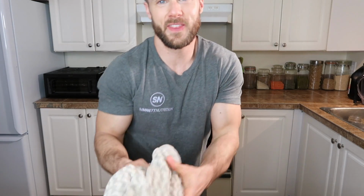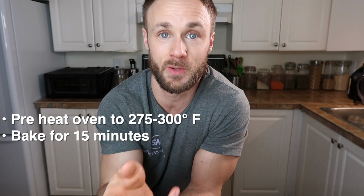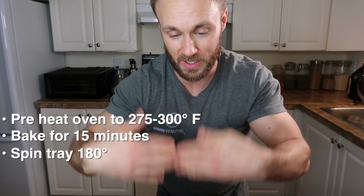All right, so this is the important part, the cooking of them. You want to set your oven at 275 to 300 degrees, like I mentioned, and you want to cook them for 15 minutes first. And then after that, you want to pull them out and check on them. You probably want to spin the baking tray around so the ones at the back will now be at the front, and the ones at the front, the back, because the ones at the back usually cook a